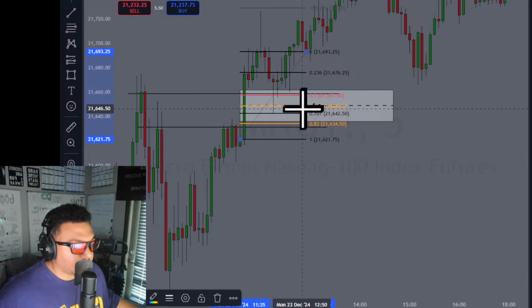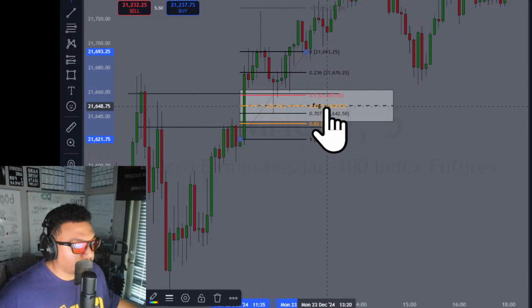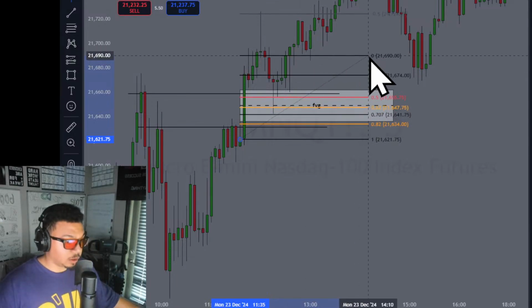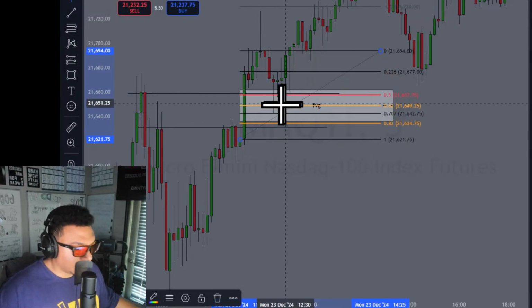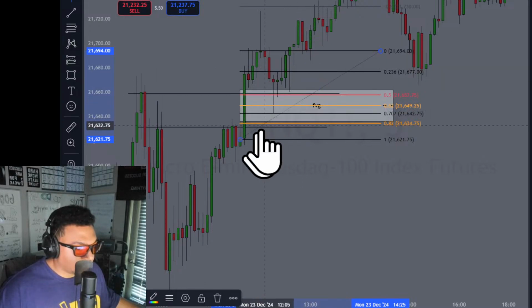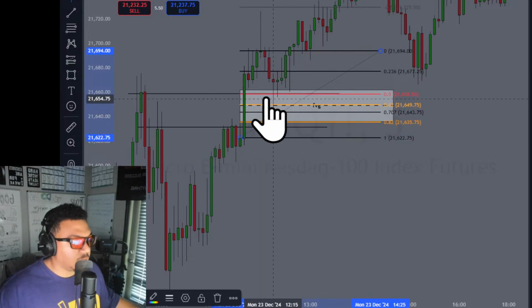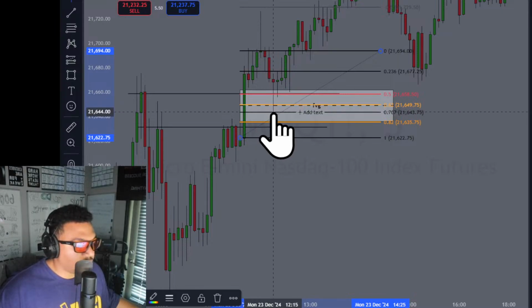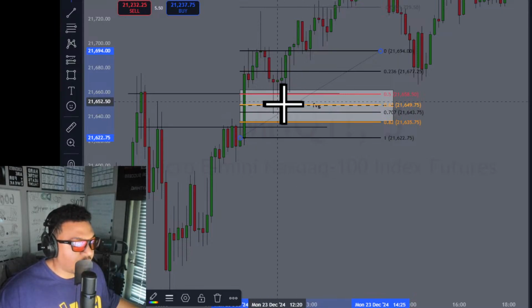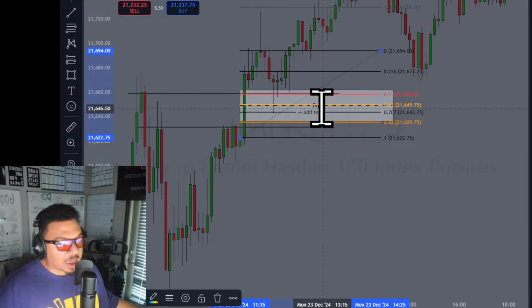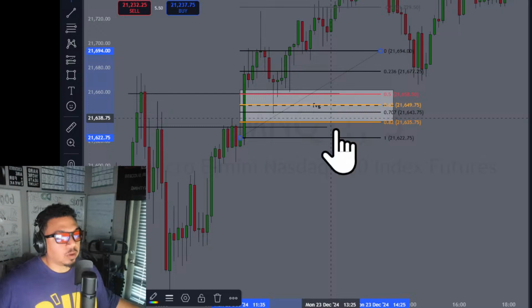Price came back into that fair value gap, under the consequent encroachment of it, under the 50% level of that fair value gap, which is very telling of price wanting to go bullish. So price wicked the 0.707 level if you measured from this candle body. And that's typically what you want to do. You want to measure from the candle body, not from the wick. So it wicked the OTE level, right? That, in the fair value gap, is all you need, right? Once you learn that, you don't have to overcomplicate it with a whole bunch of concepts.